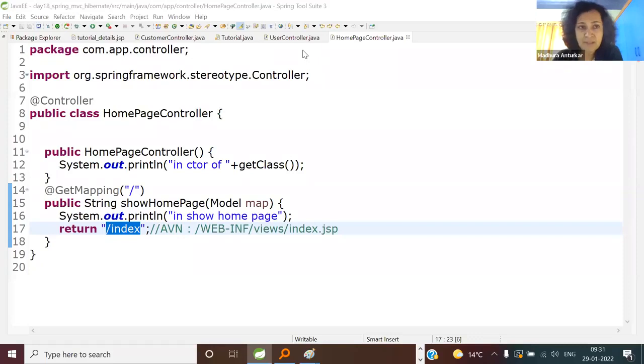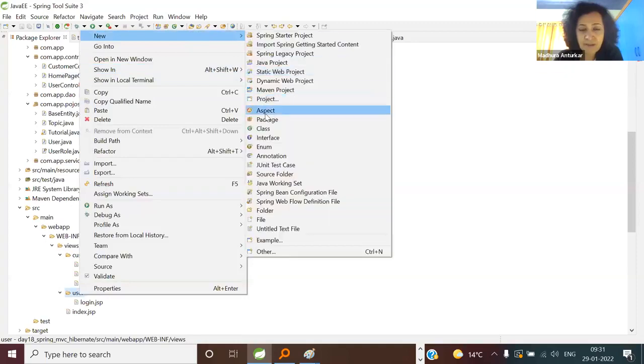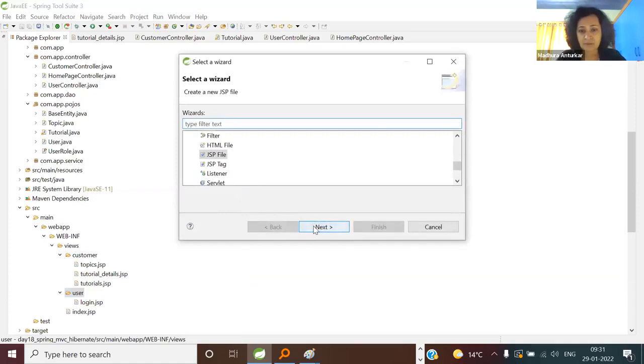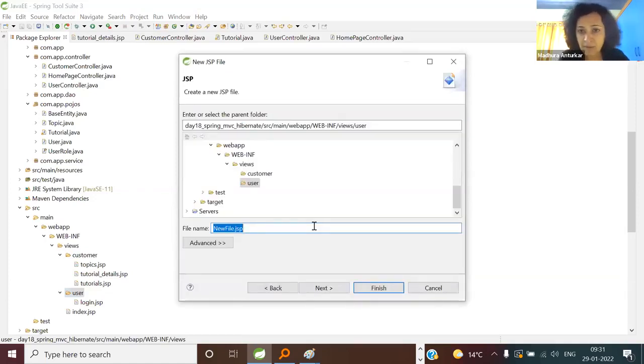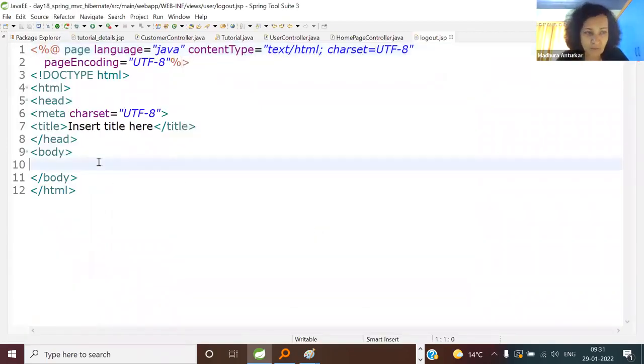Okay, so now the last page we will write and we'll test it. So which is the page you have to write? Under user space, user folder, logout.jsp. Finish it fast and test it. There's no JSP here. So WEB-INF, views, user. Okay, just be careful about the paths and all. So I want it as a